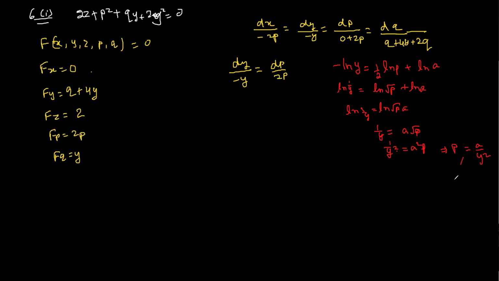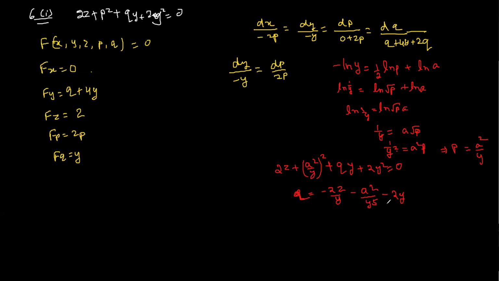Since p is equal to a upon y square, put here for finding q. Okay, so 2z plus p square means a square upon y whole square, plus qy plus 2y square is equal to 0. Right? What is q? When you solve, you will get minus 2z by y, minus a square upon y raised to 5, minus 2y. Okay,